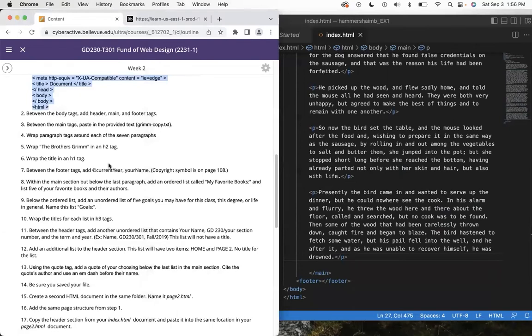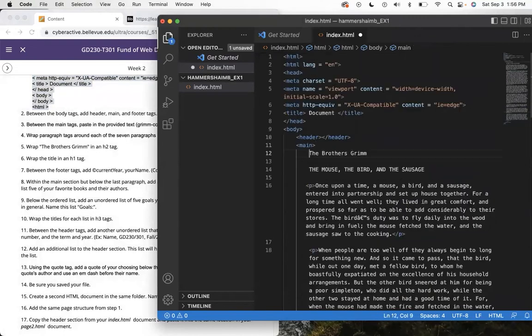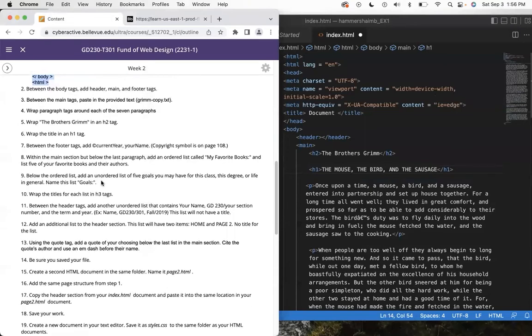Okay, so next, wrap the Brothers Grimm in an H2 tag. So this is actually a header. So H2, and it's always good practice, when you're putting new tags in, to just start them on a new line. See, I could have started right there, but it's cleaner to move down a line. All right, wrap the title in an H1 tag. So H1. Okay, between the footer tags, add